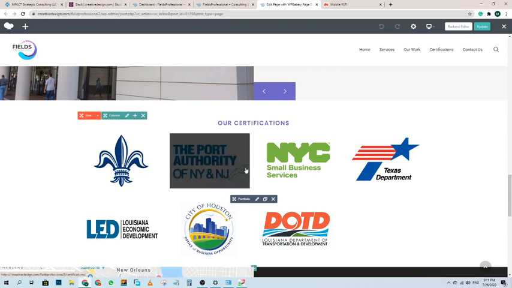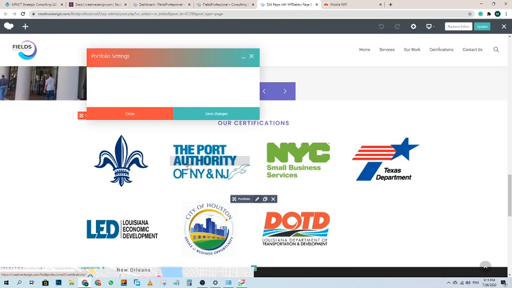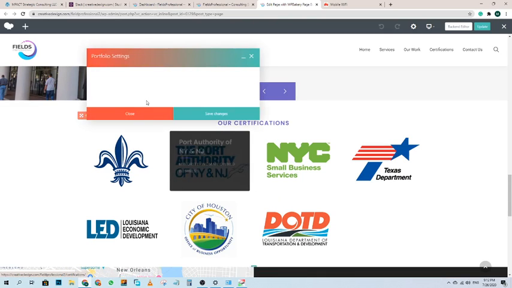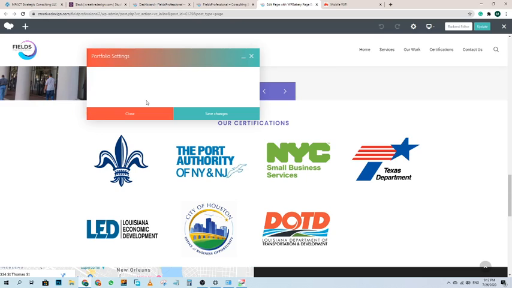If you want to change the image of your portfolio section or certification section, simply click this pencil icon.